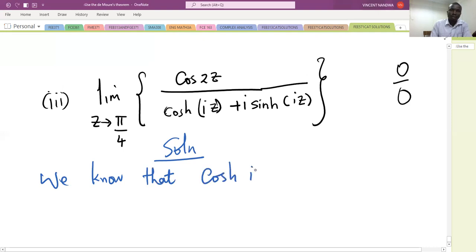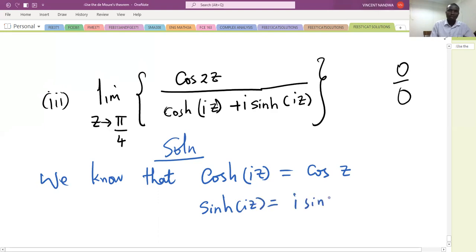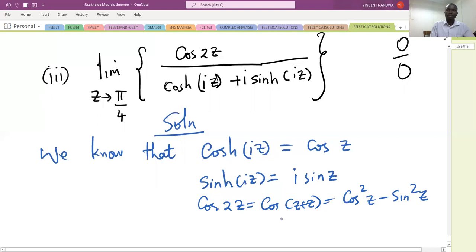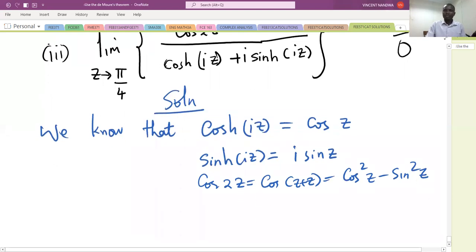Hyperbolic cosine of iz is the same as cosine of z. And then hyperbolic sine of iz is given by i sine z. And cos of 2z is the same as cos of z plus z, which is the same as cos squared z minus sine squared z, the double angle for cos function. So that means that our limit as z approaches pi over 4 will be written as,